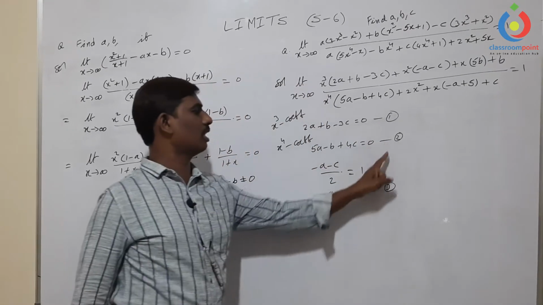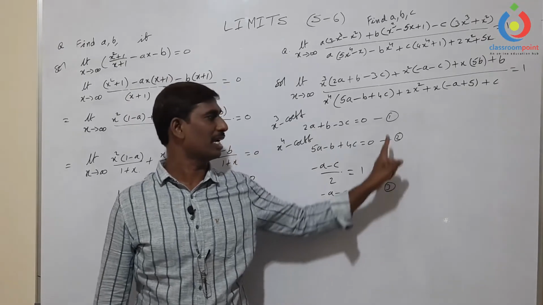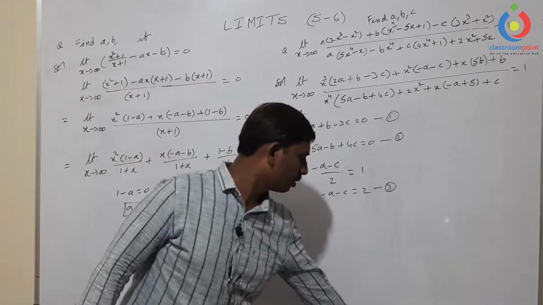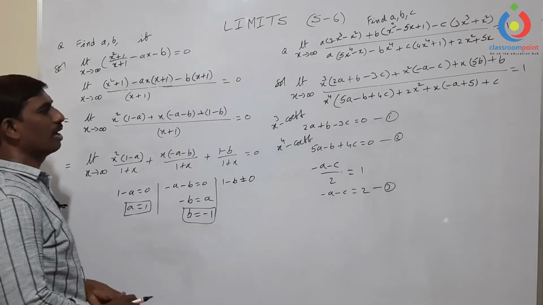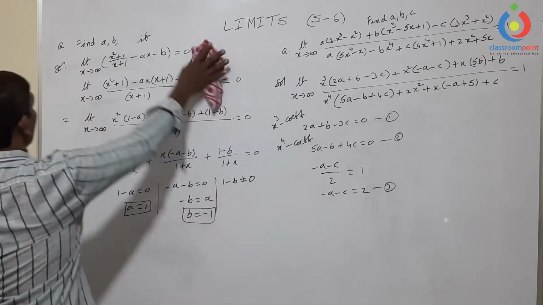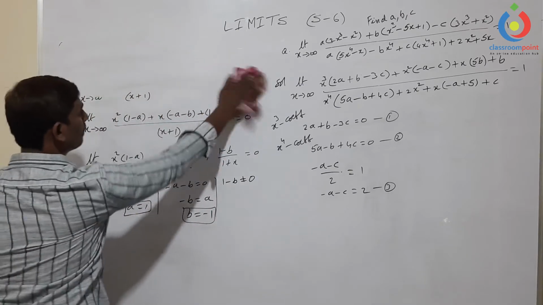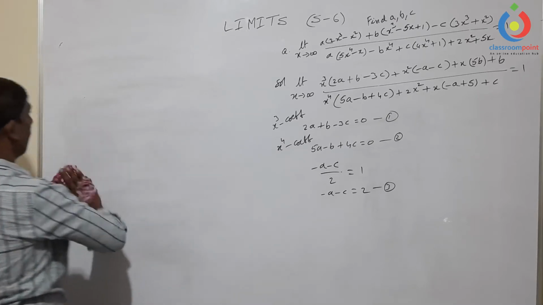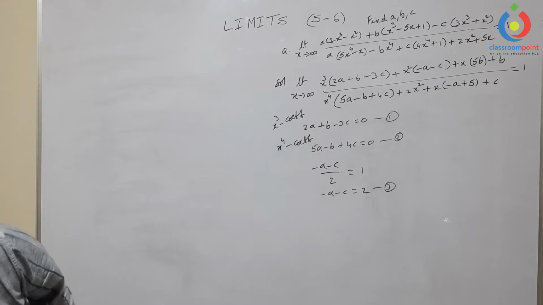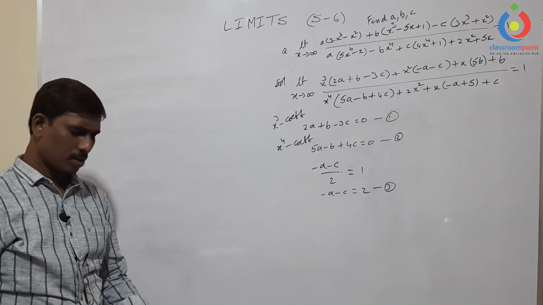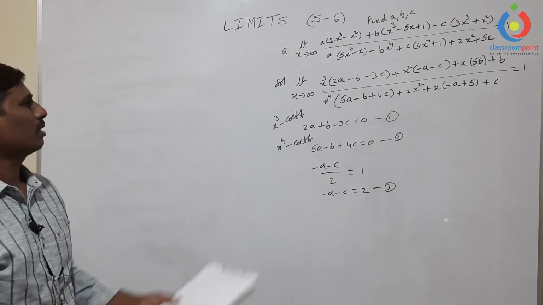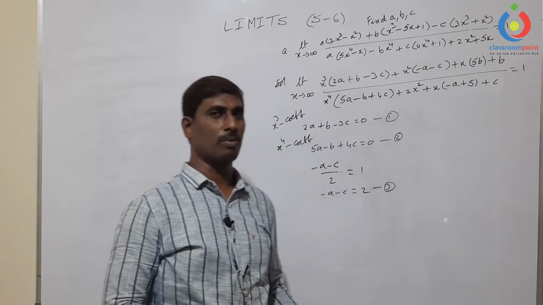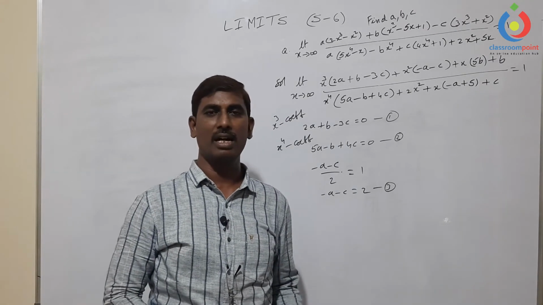Then you can solve these three equations, then you get the a, b, c values, right? We'll do solving for the a, b, c values later. Now we'll take another problem for finding unknown values. Up to now we have some more examples. Any problems there are, we will take another time for finding unknown values.